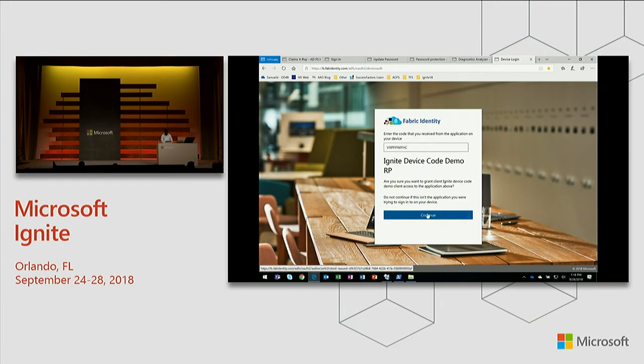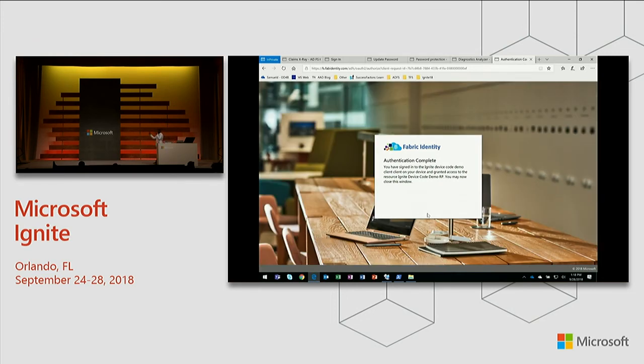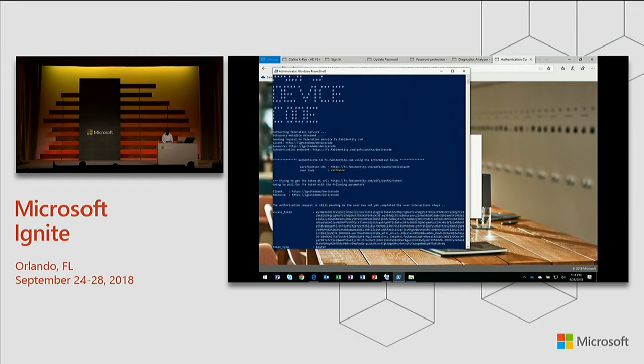Did you want to complete the sign-in? And because I just signed in with my previous demos, I get single sign-on capability, and I'm seamlessly signed in. And if I go back to the application, as you can see, the transaction is completed. And now I have a token, and that's pretty much it.